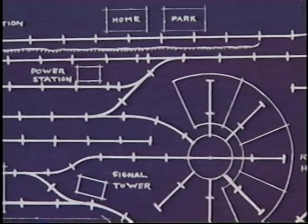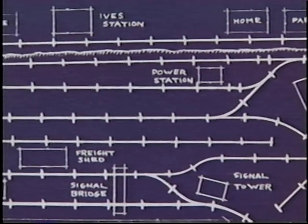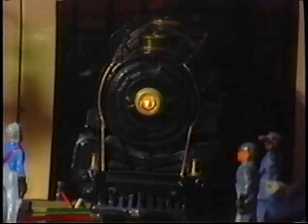I took each accessory I was going to use on the layout and measured it: height, width, length. Then I decided on a track plan that would accommodate all the accessories and get the most switches and track in the space I had. Chuck's favorite era is classic standard gauge, and he has just about every major standard gauge